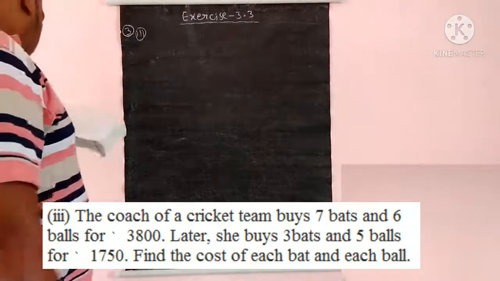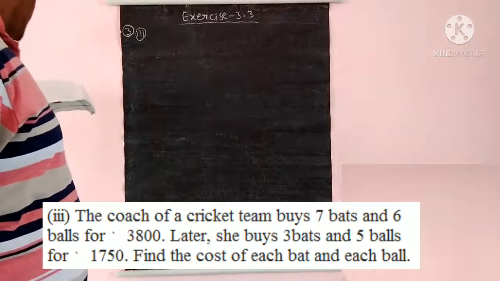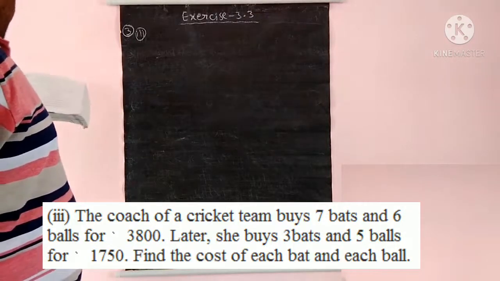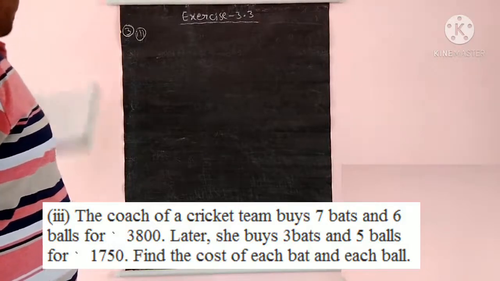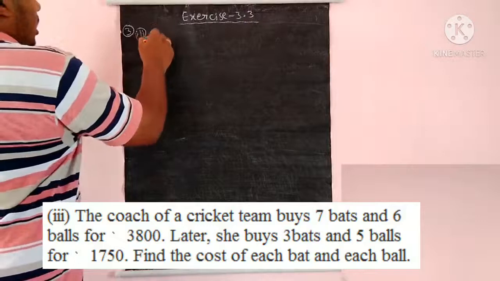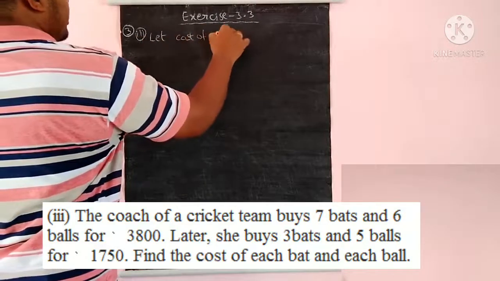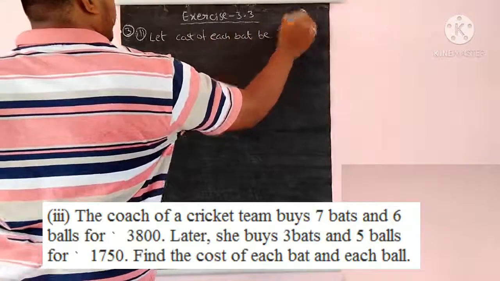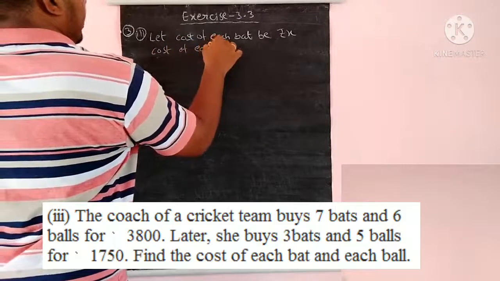So the third question: the coach of a cricket team buys 7 bats and 6 balls for rupees 3,800. Later she buys 3 bats and 5 balls for 1,750 rupees. The cost of each bat and each ball we need to find out. So let us assume the cost of each bat be some x rupees. So cost of each ball